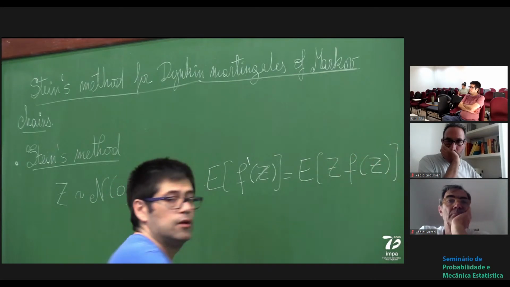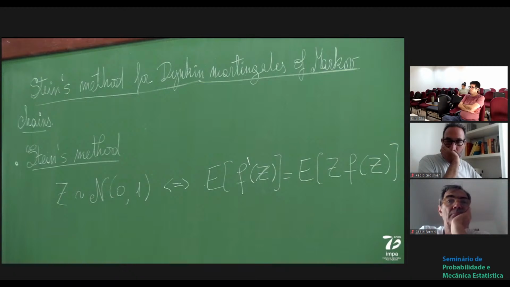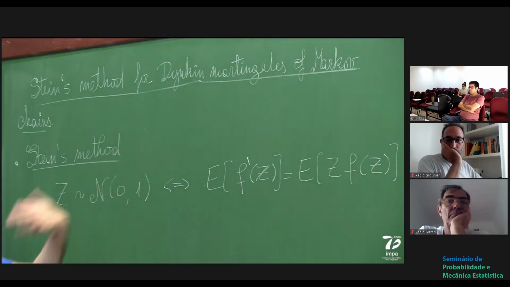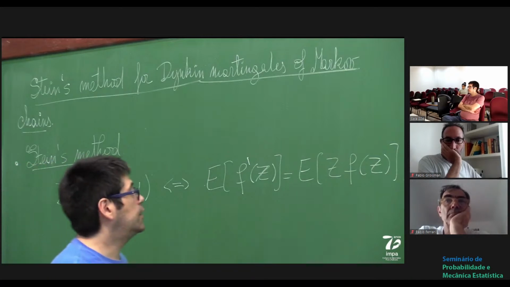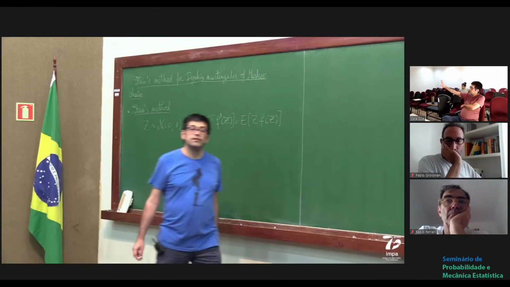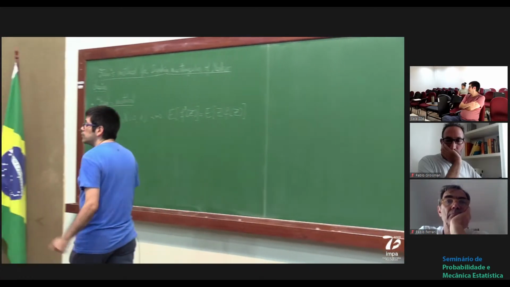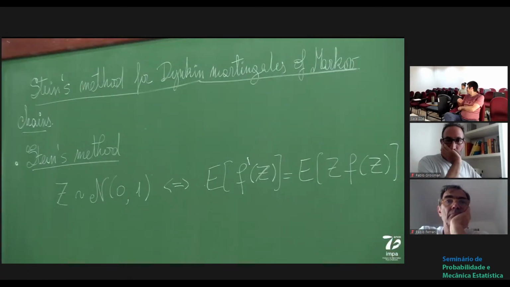Okay? So this observation is actually pretty obvious if one uses the explicit formula of the density of the Gaussian and integration by parts. You integrate by parts f prime, you pass the derivative to the Gaussian, and you get the factor Z in front of the function f. Okay? So this is the observation, but